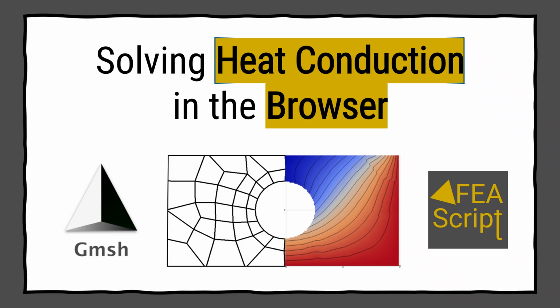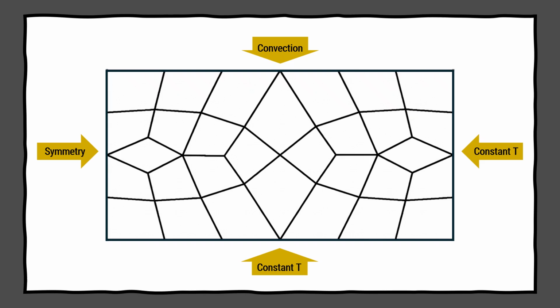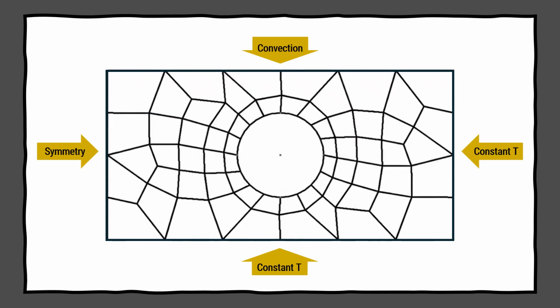I'm the developer behind FairScript, a lightweight JavaScript library for finite element analysis in your browser. Today we are creating a tutorial video on generating meshes with GMesh and solving heat conduction problems with FairScript. We'll start with a simple 2D rectangle, import the mesh, apply boundary conditions, and solve it. Then we will add some complexity by creating a hole in the middle of the rectangle and solve it again. This builds on our tutorial at fairscript.com, so let's dive in.